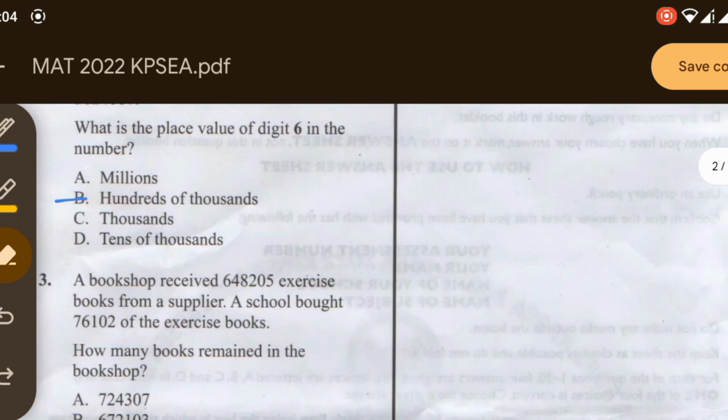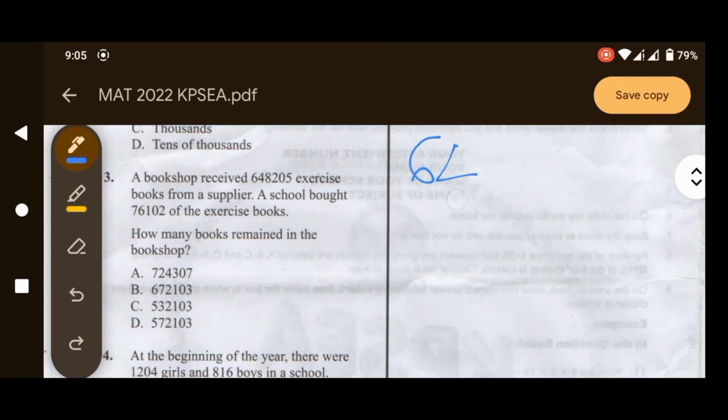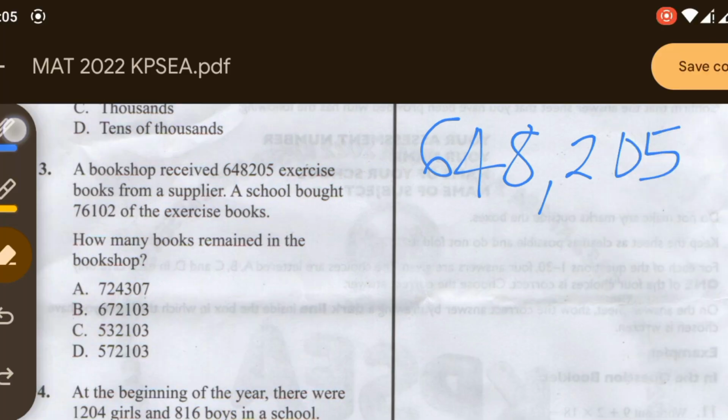All right, let's go to number 3. A bookshop received 648,205 exercise books from a supplier. A school bought 76,102 of the exercise books. How many books remained in the bookshop? So in the bookshop we had 648,205 books. So from that, a school bought